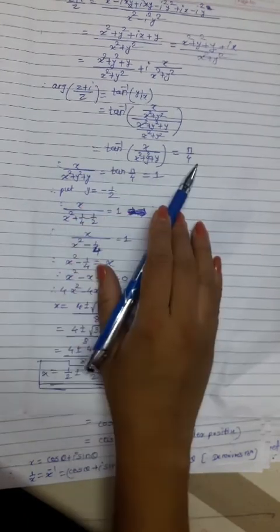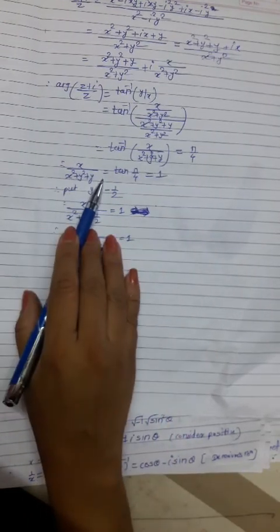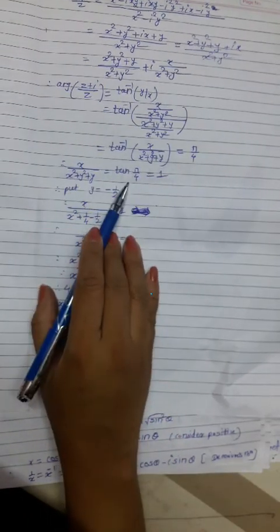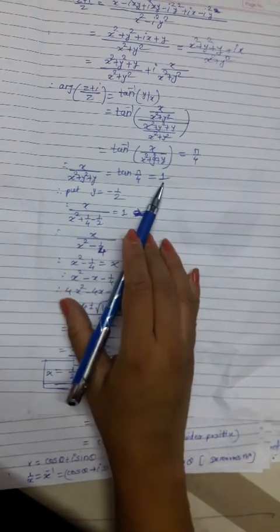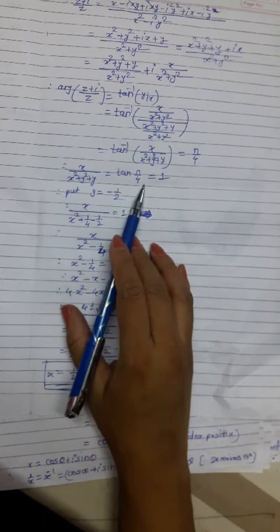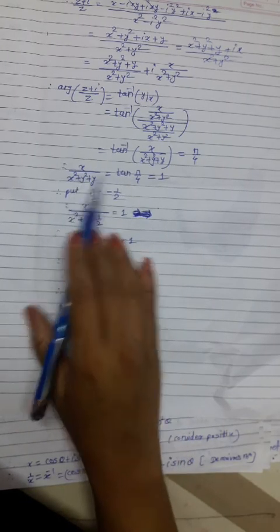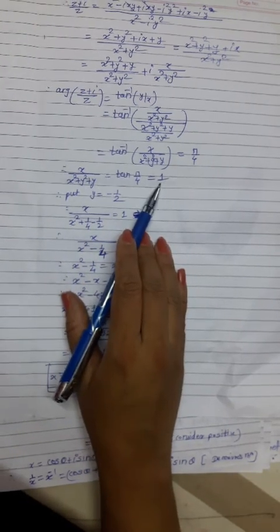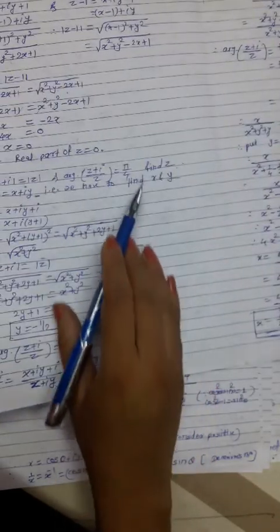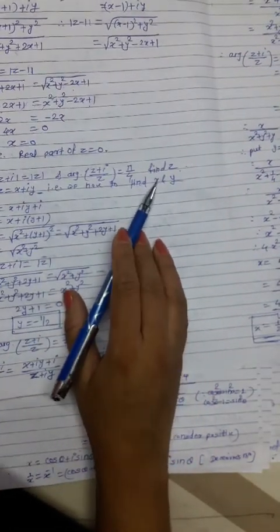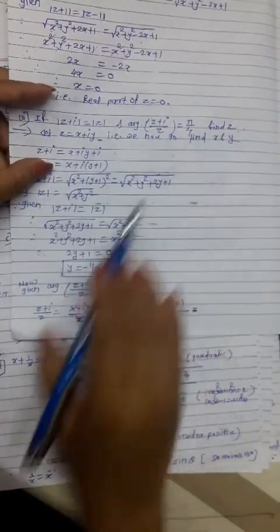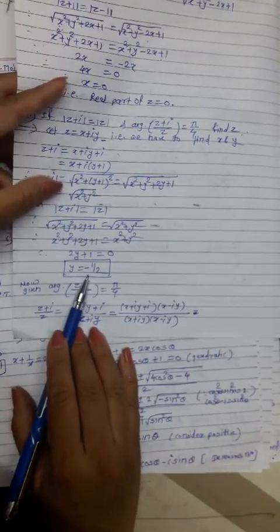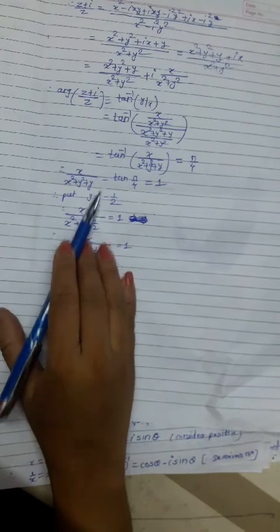Now take tan on that side, we get this value is equal to tan of pi by 4, and pi by 4 is 45 degrees. We know tan pi by 4 or tan 45 is 1, or you can calculate this on a calculator also. Okay, this is equal to 1. Now what our question is, the basic question, to find x and y, and from x and y we already calculated y. Put this y value in this equation.